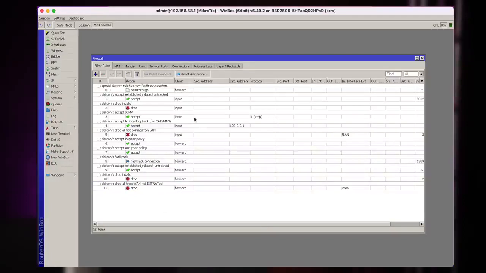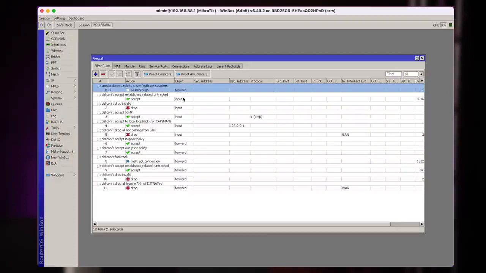So next, what you need to know about this window is the chain column here. Each rule, when you create it, must be put into a rule category or a group of rules. And the standard groups or chains, as we call them in the MikroTik routers, are forward, input, and output.